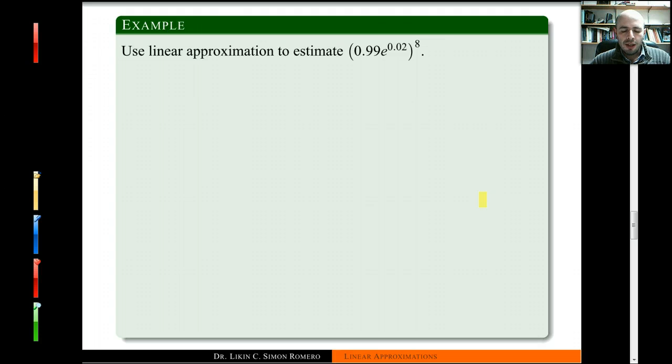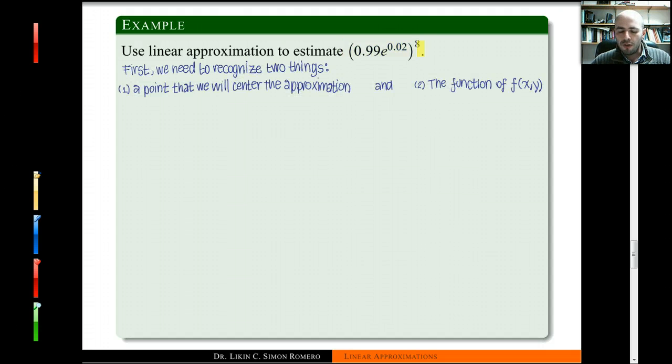Suppose that we need to compute this number without using a calculator. So the thing that we can do is use our linear approximation to approximate this number. And the way that we're going to do it is the following. We're going to first try to recognize two things: the function that we're going to approximate and the point that we're going to center the approximation. In other words, we're going to try to recognize what point is going to be the point at which we will take the tangent plane